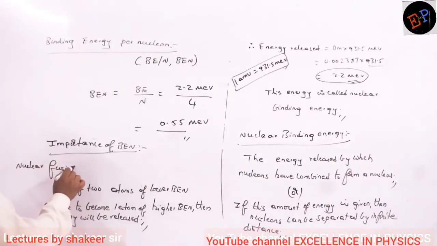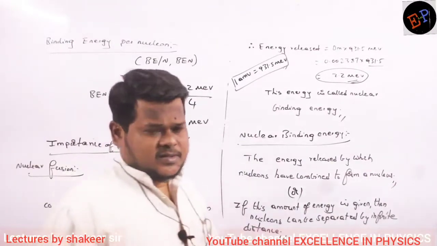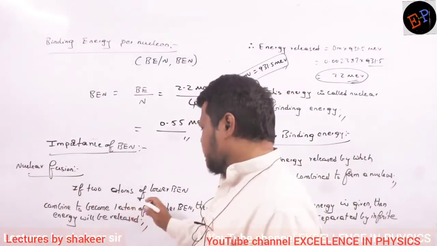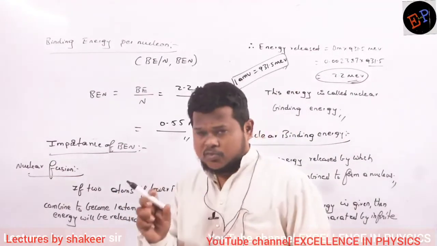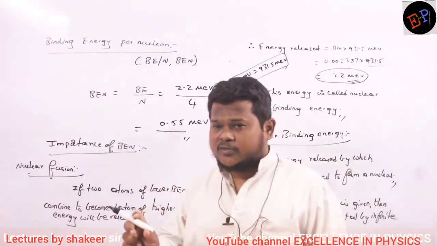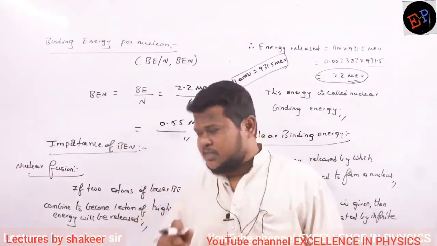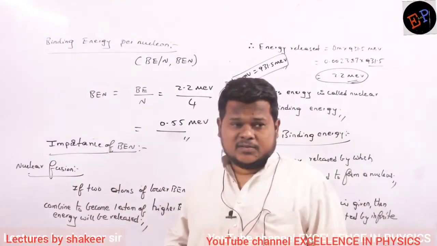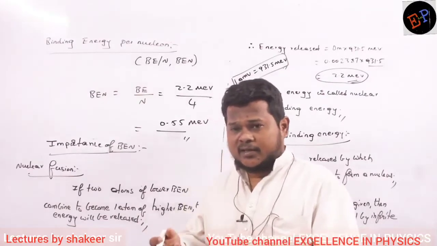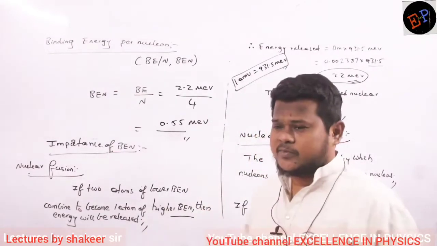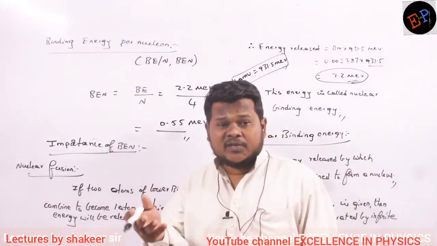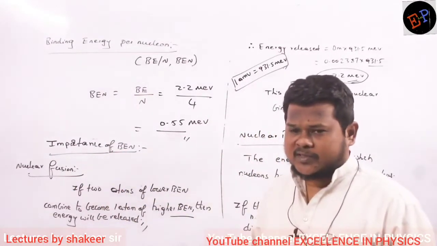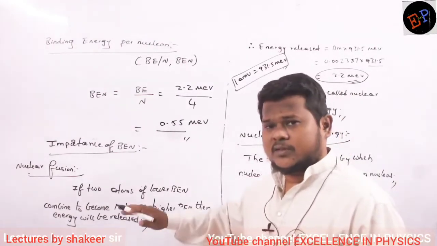Okay, so in nuclear fusion process, in which condition energy will be released? See here, if two atoms of lower BEN, two atoms, their binding energy per nucleon should be lesser. So such atoms, they should combine to become an atom of higher BEN. So rendu lower BEN unna atoms combine ayi edi create avvali, higher BEN atom should be created. Higher binding energy means what? More energy is released, no? So automatically energy will be released. Are you able to understand? So this is the process of nuclear fusion.